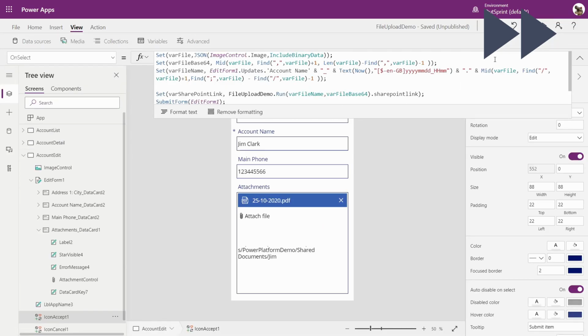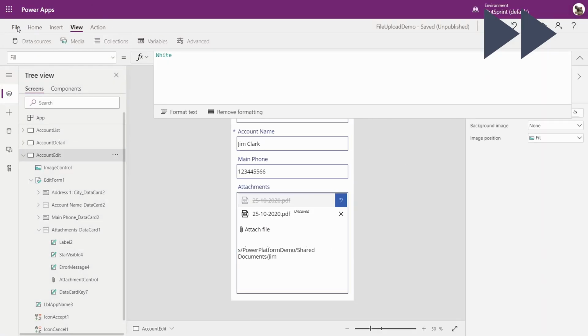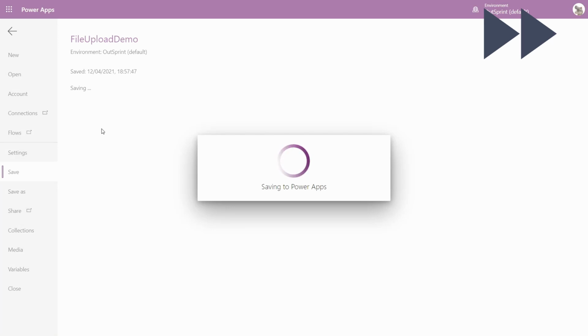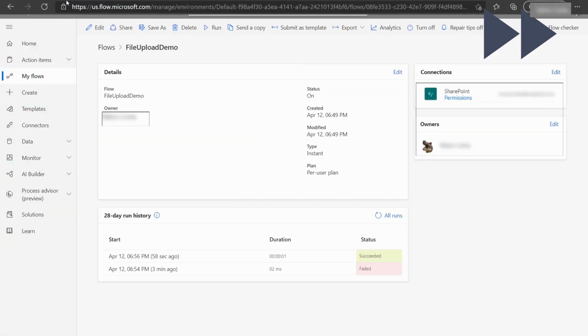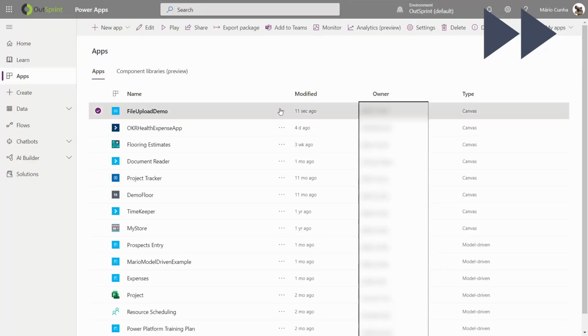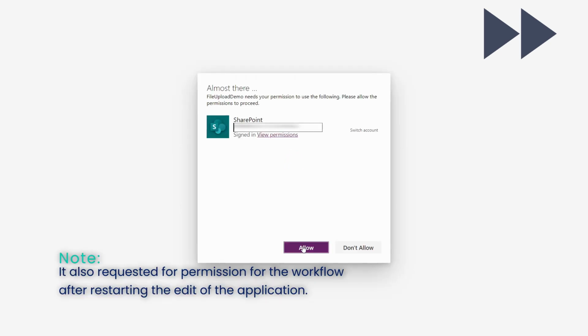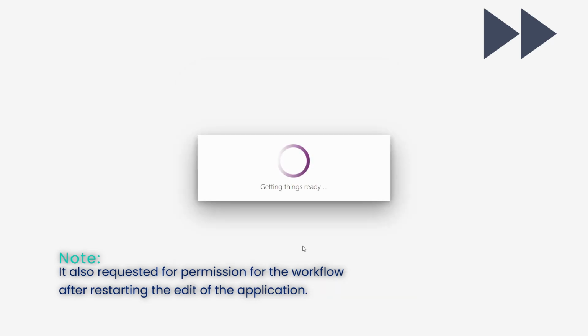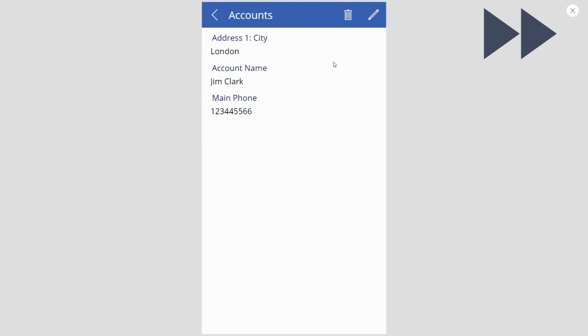Nothing out of the ordinary was found, so let's just save and restart the app edit. One more try.